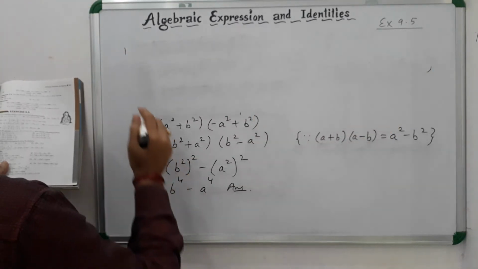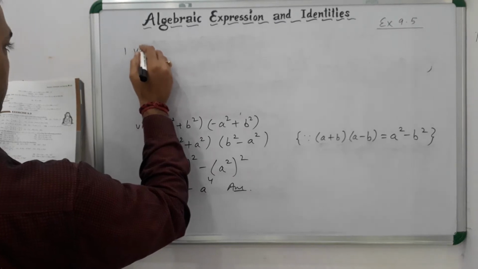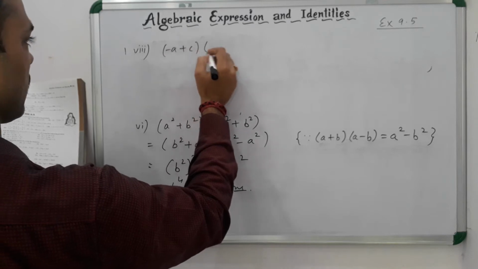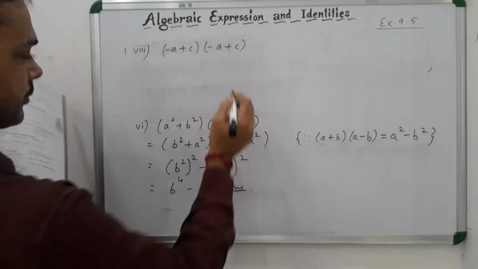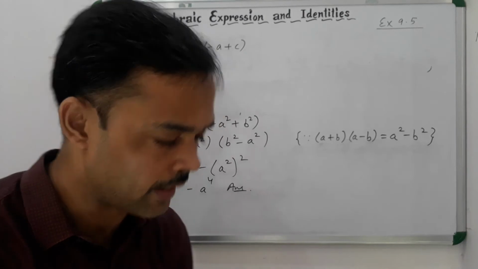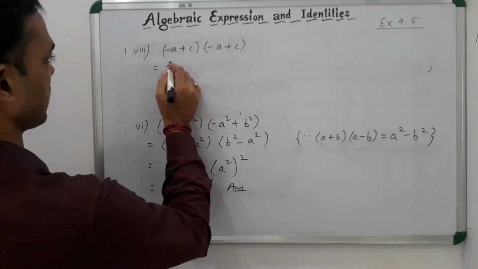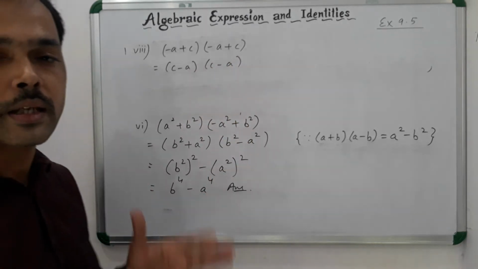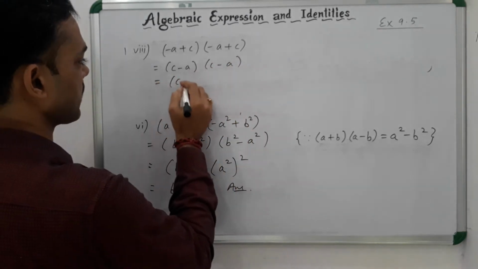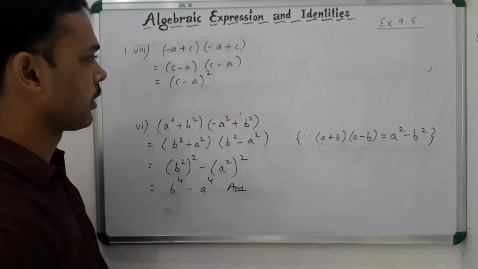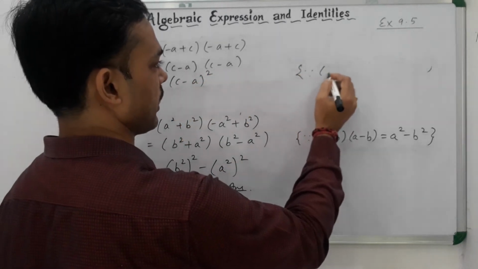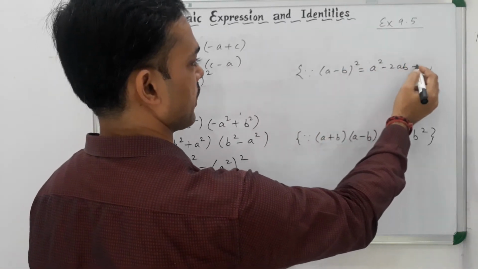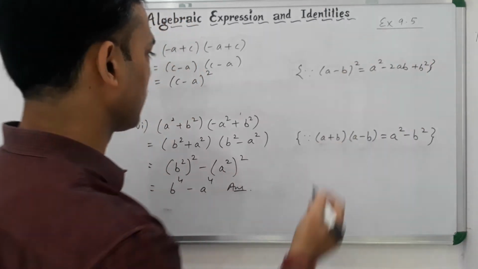In 8th part, the question is minus a plus c, minus a plus c. And you people know that this can also be written as c minus a, c minus a. And c minus a into c minus a will be c minus a whole square. And since a minus b whole square equals a square minus 2ab plus b square, that is why